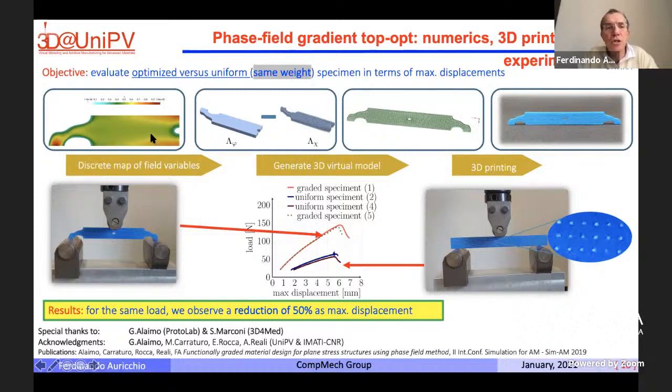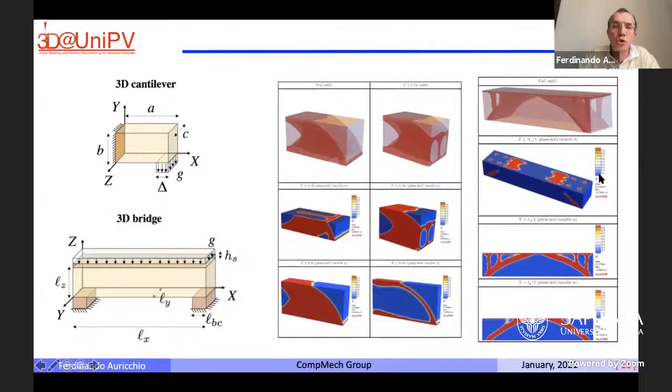So a key point is to transform these color maps into real objects, and this is something that you can do in 2D, but it becomes even more interesting in 3D, because in 3D, when you do the optimization, as we were looking at yesterday, clearly you get very complex geometries, with holes that go inside the structure. You can see here the results for a 3D cantilever beam, and for a 3D bridge with a uniform load. So the results from the optimization are extremely complex. So the question is how to transform these into a structure that you can really 3D print.